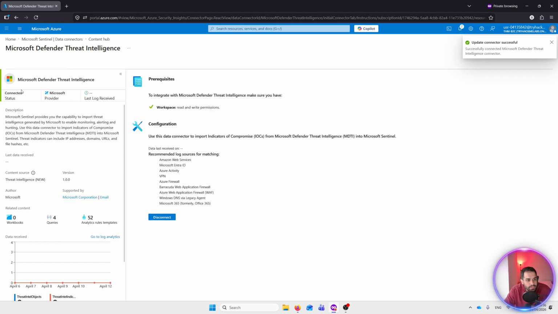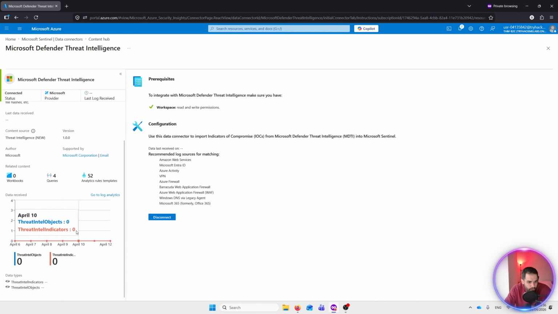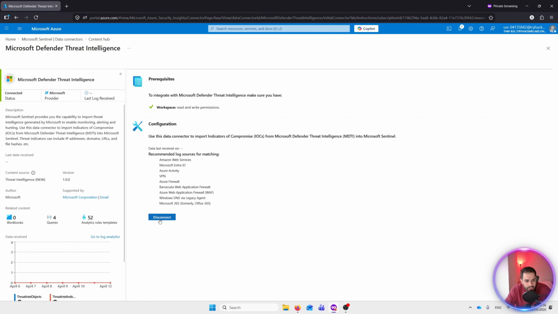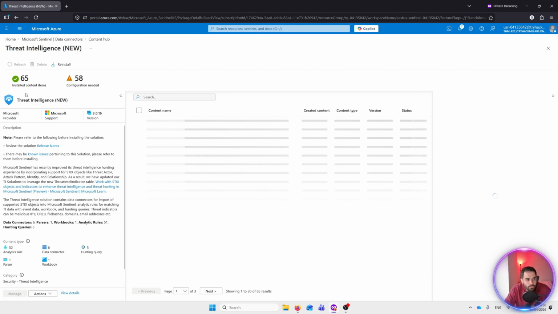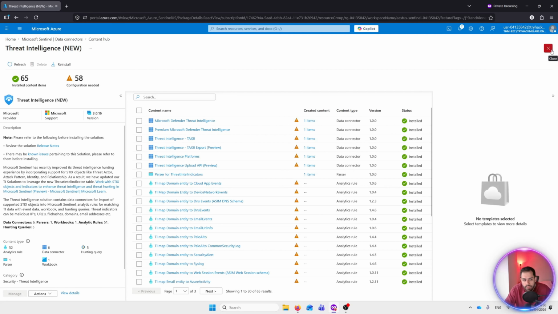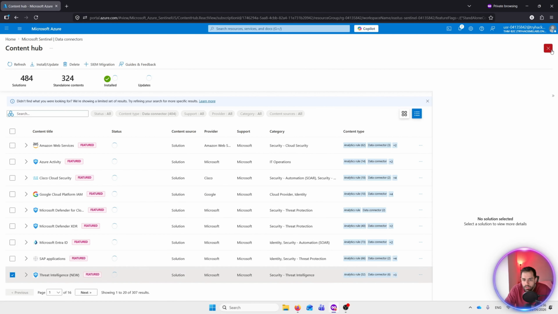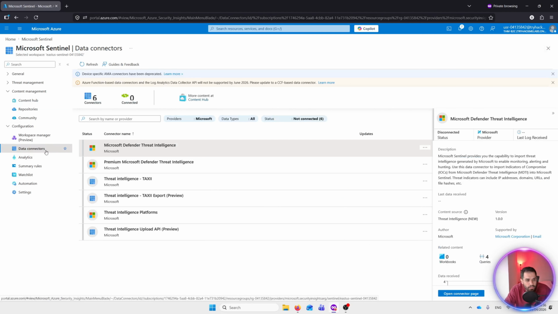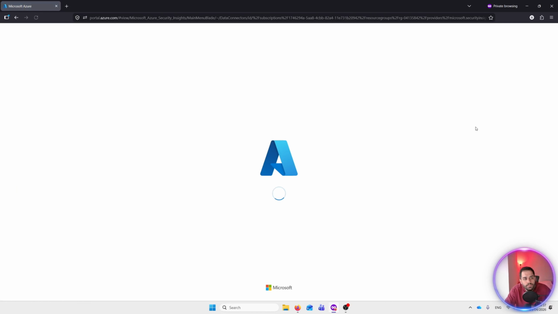Let's connect it actually to our Sentinel. So this data connector, now it's connected. You see, it takes a little bit of time for data to be visible here, but again, you can also disconnect it from the same page. So if we now go to Sentinel, we just saw that one. So this is here, and data connectors. If we see the connectors here,